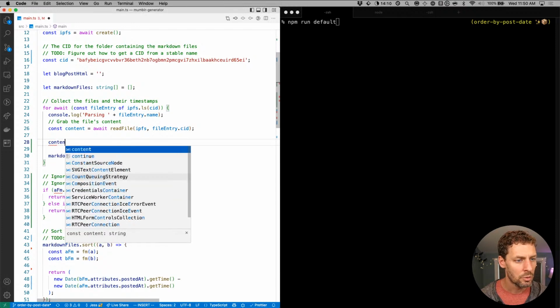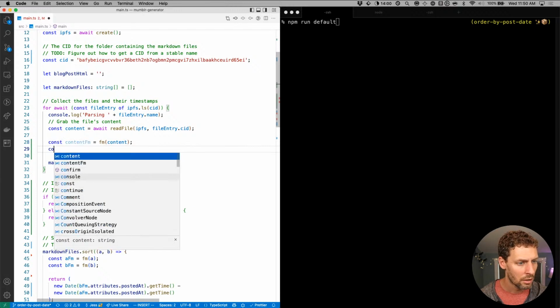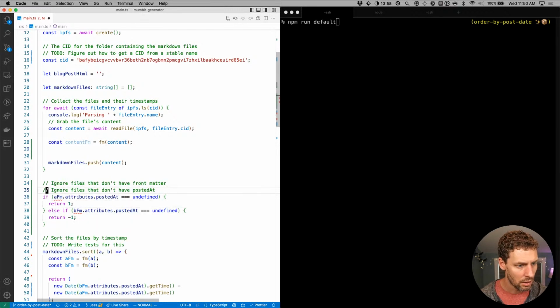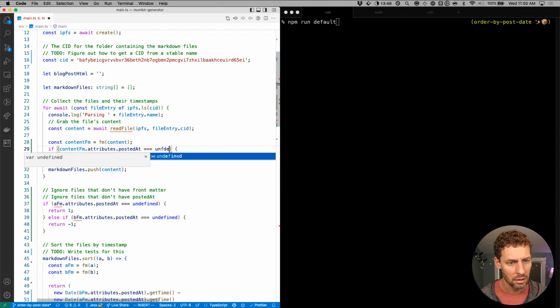So what we'll do is const front matter equals FM content, oops. And then if content front matter dot attributes dot postedAt triple equals undefined, then